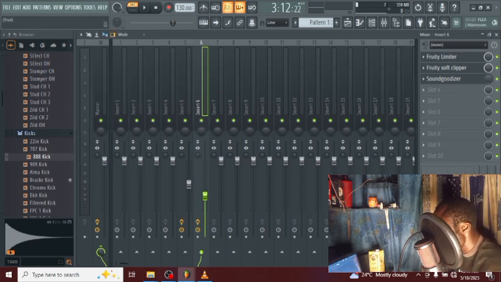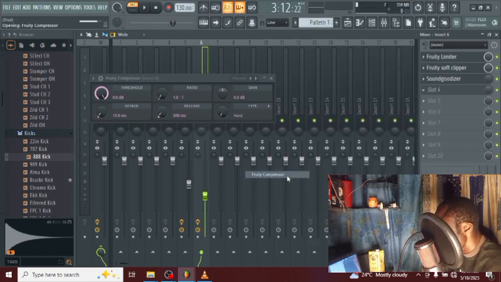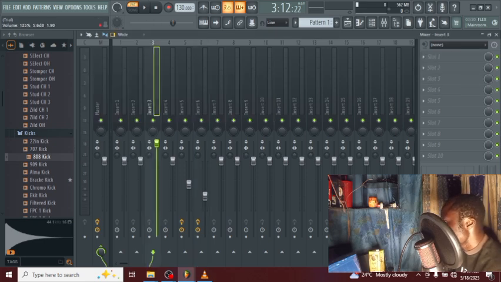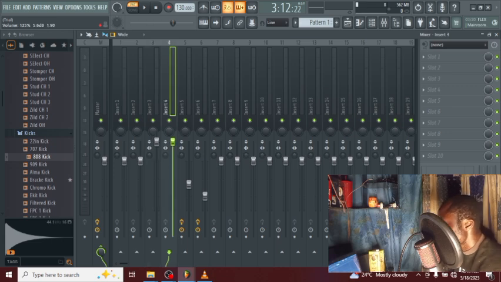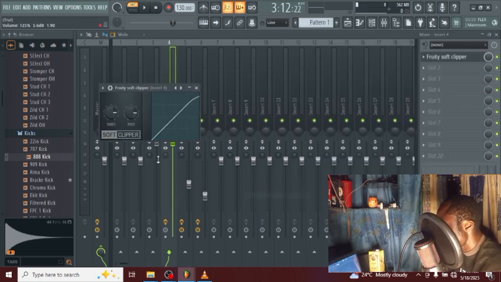On slot 4, I'll left click and hold it, turn the slot 4 mix level to mix level 2%. Click like this, add a Fruity compressor. And that's okay. 3 and 4, I'm going to turn up my 3, which is my hi-hats. Turn up my 4, which is my snare. I'll click on slot 1 on my snare, add the soft clipper, then just bring it down a little bit